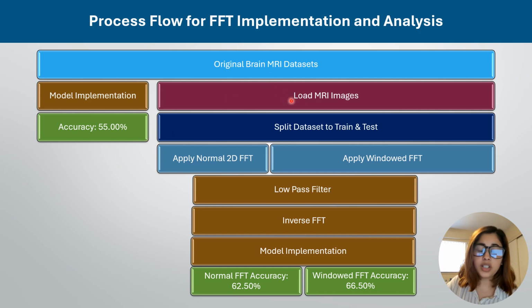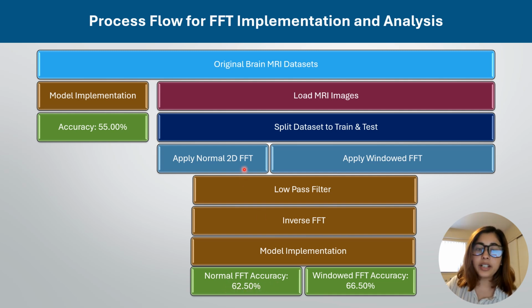Then, I loaded the MRI images, split the dataset into training and testing sets, and applied a normal 2D FFT along with a low pass filter, removing the high frequency components, and reconstructed the image by applying inverse FFT. I implemented the reconstructed images in the model, which improved the accuracy to